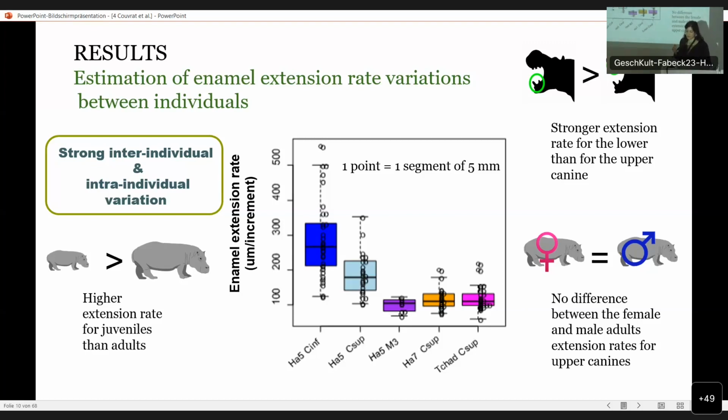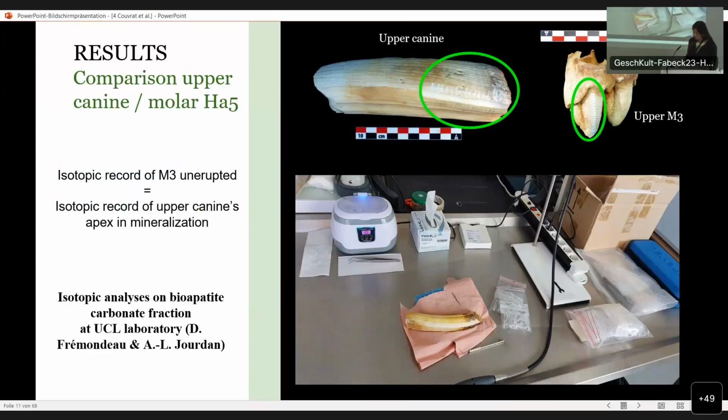Stronger extension rate for the lower than the upper canine in the juvenile, and no difference was seen between the male and the female adult for the upper canine. I've decided to present you more of the juvenile in this study. On the specimen, we took the front molar, the lower and the upper canine, and we proceeded to do histological